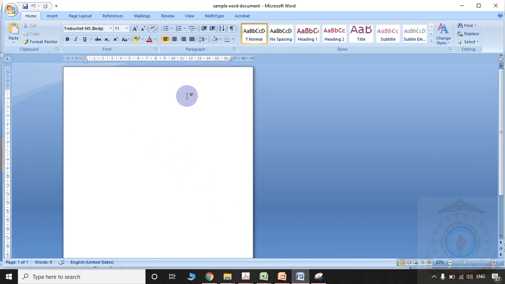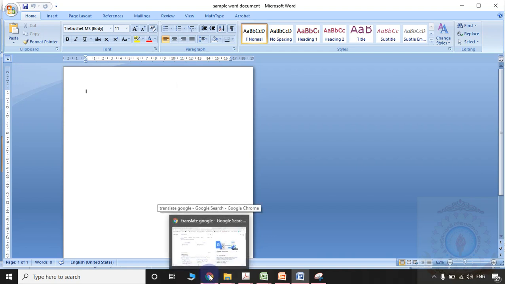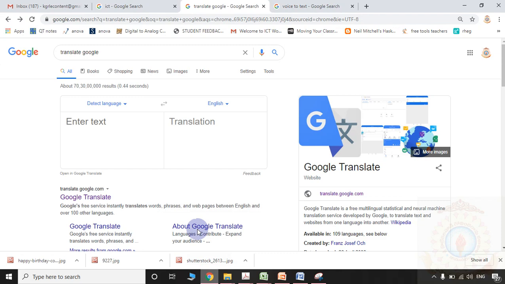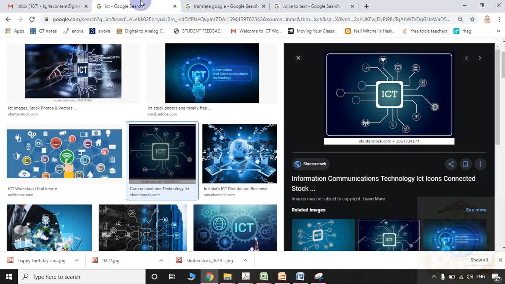So this is a blank document. This is a complete blank document. Here I want to insert a picture. I am preparing the e-content for my subject, let us say. So I am searching for some suitable images.